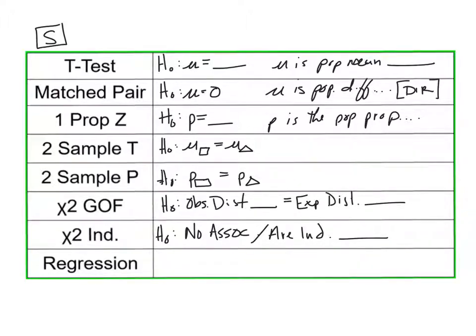Regression. The null for regression, if you remember, is we use this beta, and this is our kind of Greek letter for slope. We usually begin with just, no, there is no slope. There's no linear relationship. And if there's no linear relationship, the slope would be 0. And the alternative would be greater than, less than, not equal to. And again, because we have one sample that made one line, we do have to define our random variable. Beta is the population slope